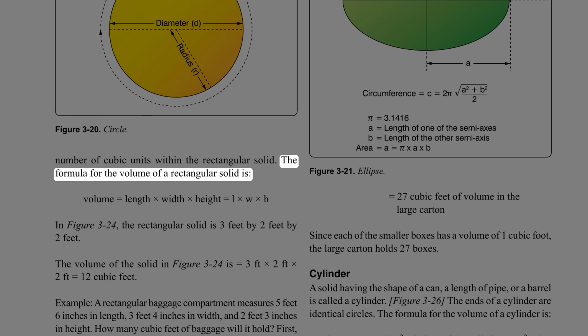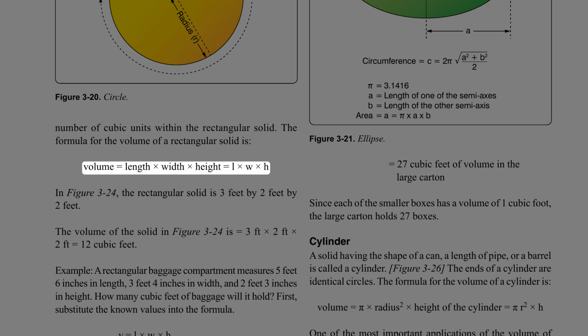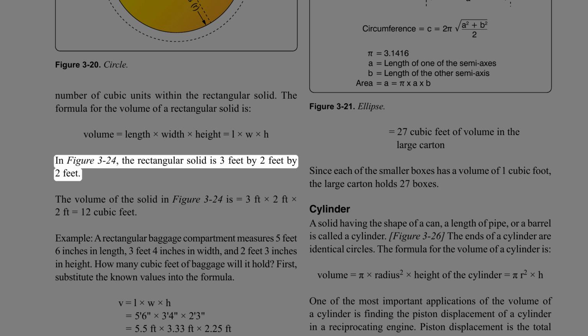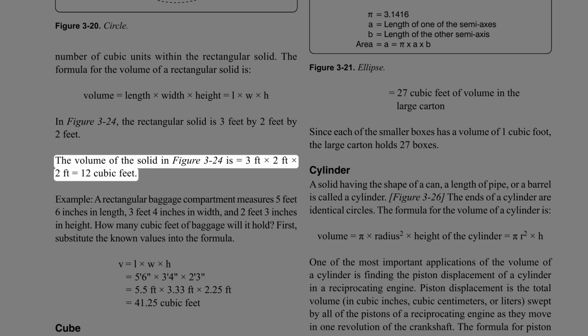The formula for the volume of a rectangular solid is volume equals length times width times height equals L times W times H. In figure 3-24, the rectangular solid is 3 feet by 2 feet by 2 feet. The volume of the solid in figure 3-24 equals 3 feet times 2 feet times 2 feet equals 12